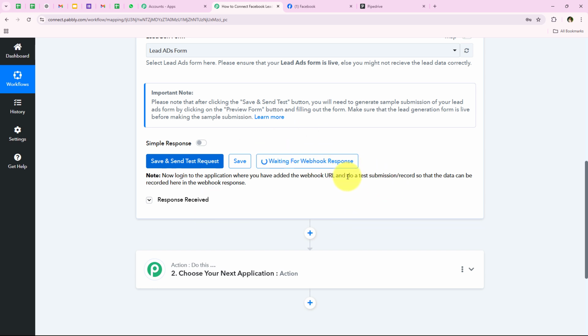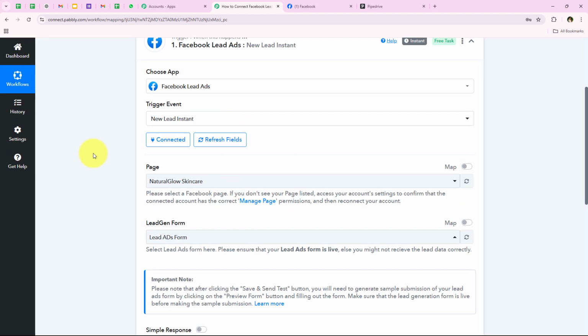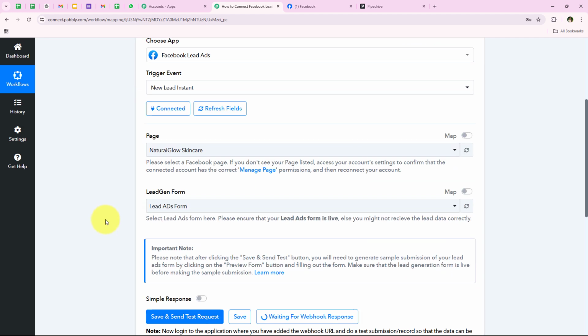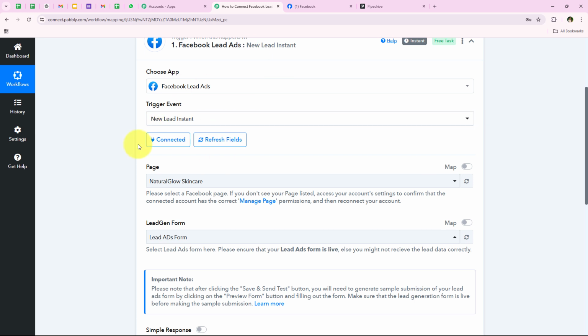And in the notes, it is saying do a test submission / record. So in order to capture this webhook response, we have to do a test submission or record. So what we have to do is generate a dummy lead so that we can capture the response of the same right over here and test our connection. Okay, and so in order to generate this test response or the dummy lead, I'm going to open a new tab